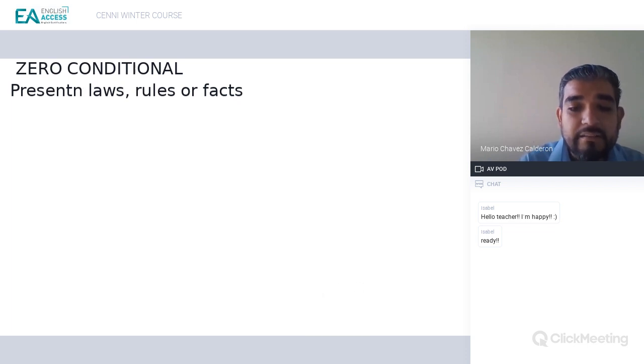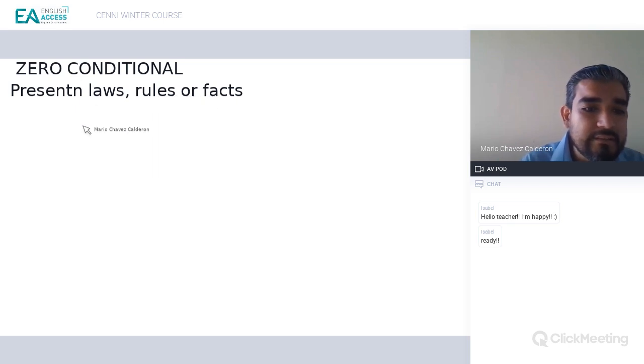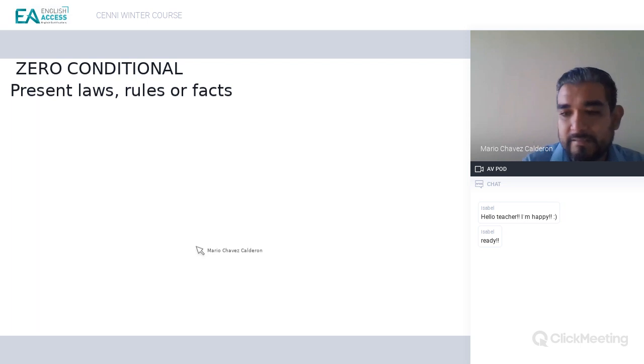But well, the zero conditional talks about present rules, laws, or facts. So when we use the zero conditional, it's something in the present that is always a rule, a law, a fact. It always happens. For example,